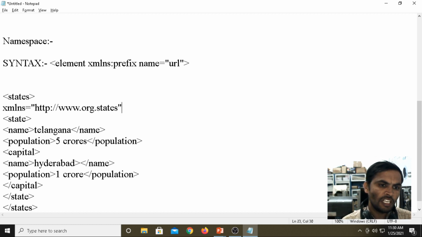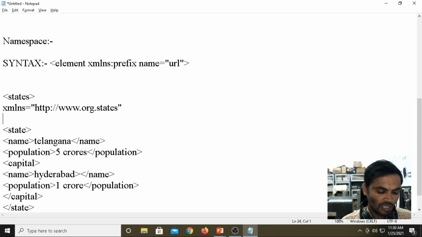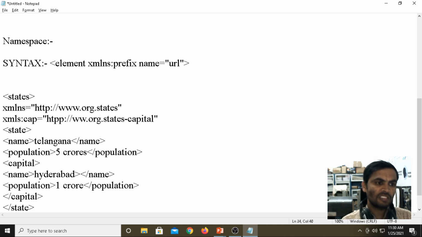We can give any value, it is not a rule. Then another XML namespace, where I am giving the prefix as capital, with http://www.org.state capital, and we are giving it a prefix.